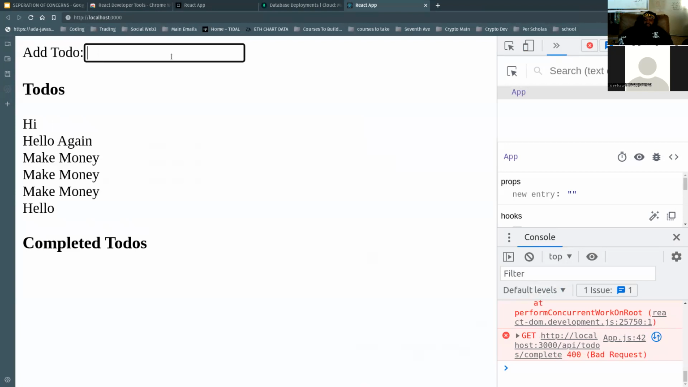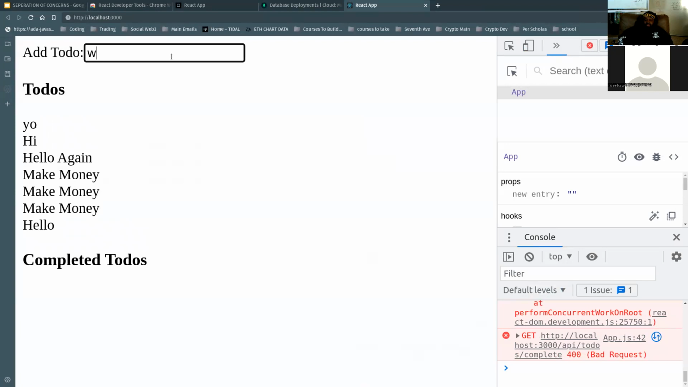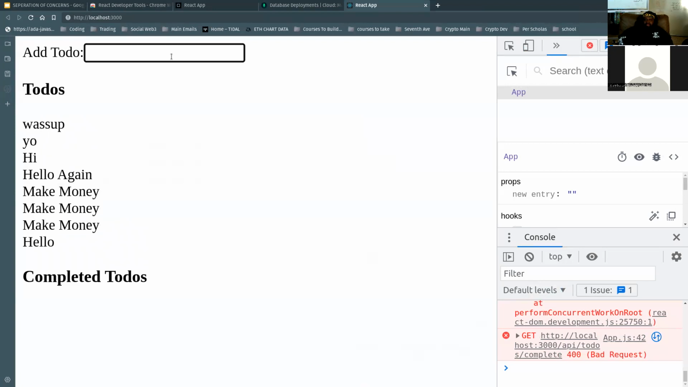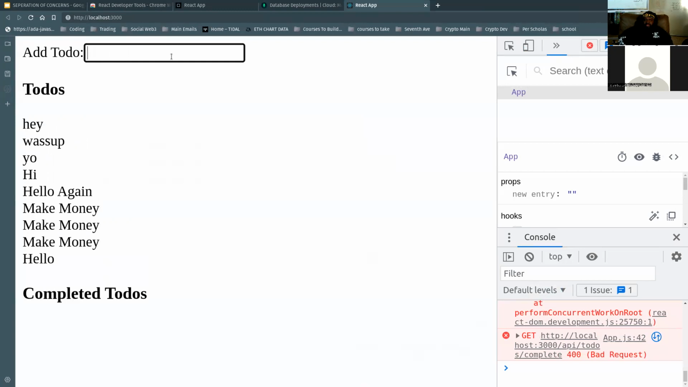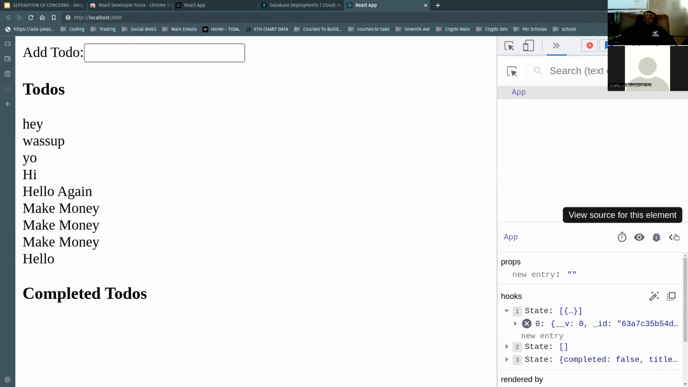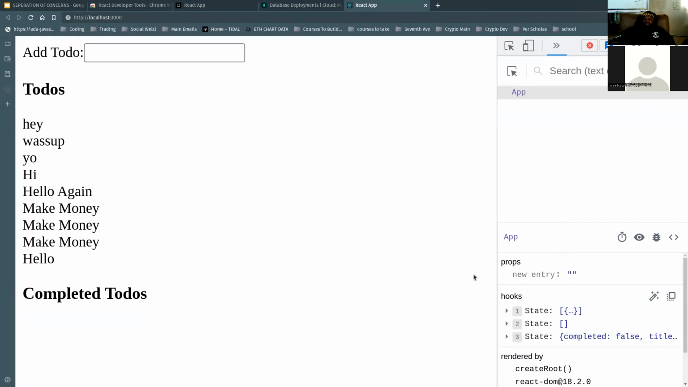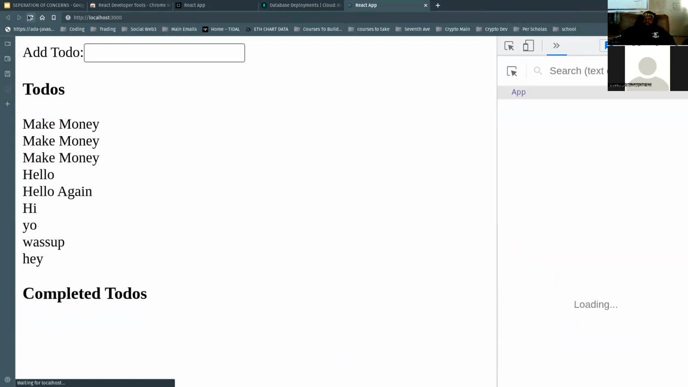Hi. Yo. What's up? Hey. All that good stuff. So that looks like it's updating like it's supposed to. Cool, perfect. And if I reload,